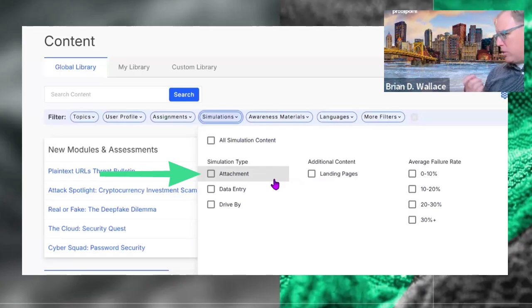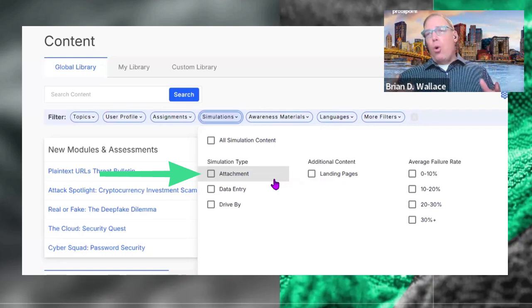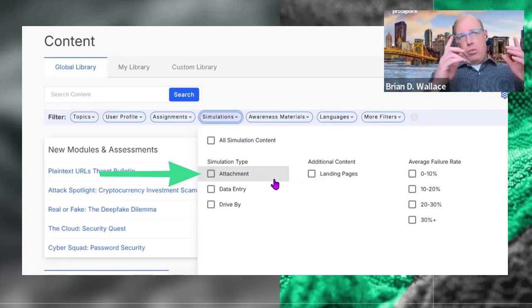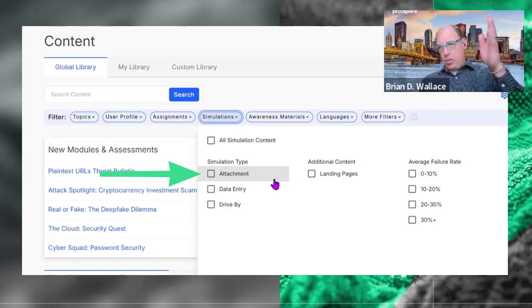Now, attachment campaigns are important to note. If you are interested in doing attachment campaigns, remember there's a little bit of extra safe listing that you might want to look into, but also, you can only do attachment campaigns either through the filters that I'm showing you here or using the traditional tool, the ThreatSim tool. Attachment campaigns, unfortunately, are not currently available in the Pathways. So just keep that in mind. If you do want to use an attachment, it will have to be through one of these methods here.